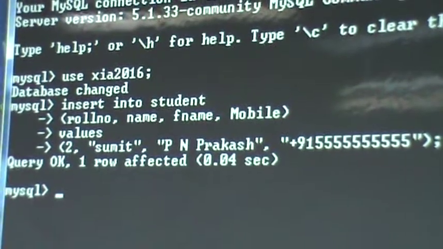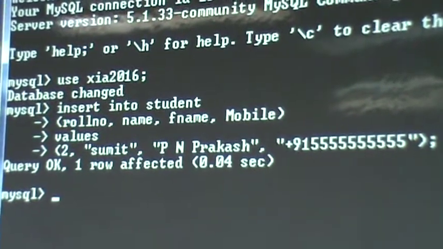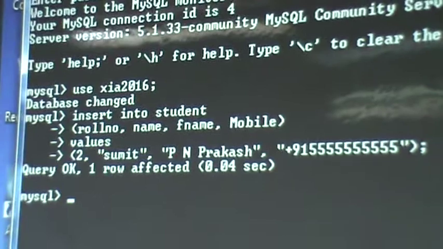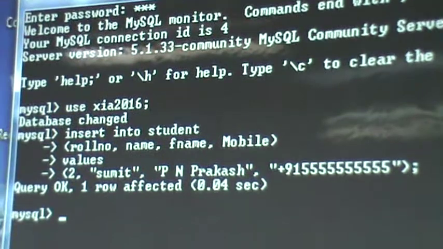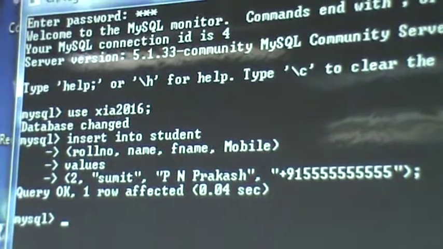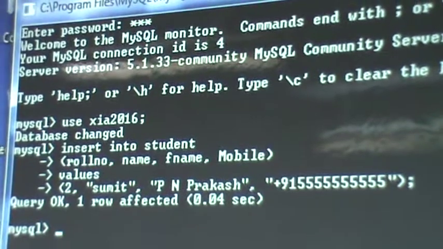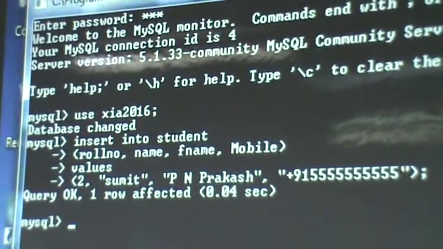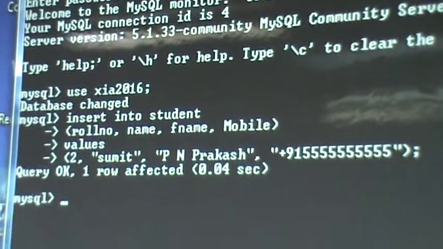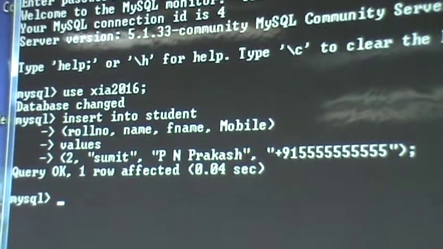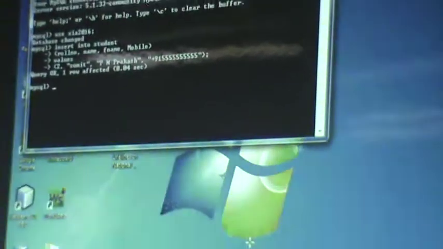When we don't want to supply the values of each and every column, we name the columns. If we want to supply the values of each and every column, then the names of the columns after the insert into command should be omitted. Now we have entered two records in the table. We have seen the table. Now we will process some simple queries.